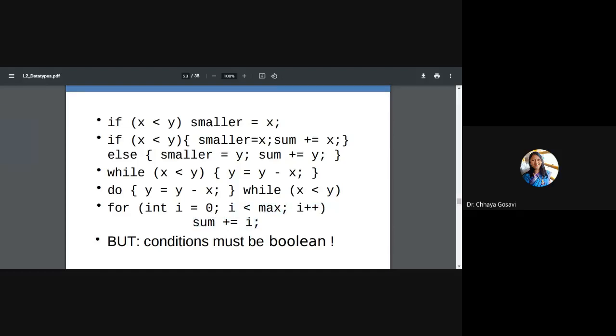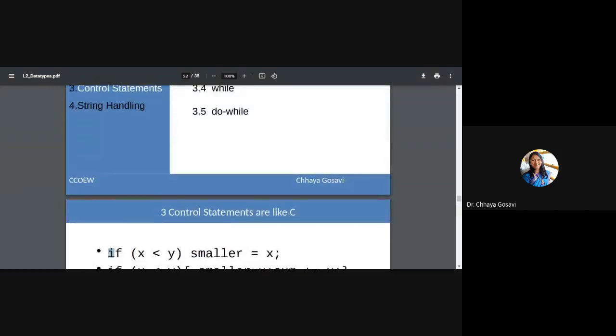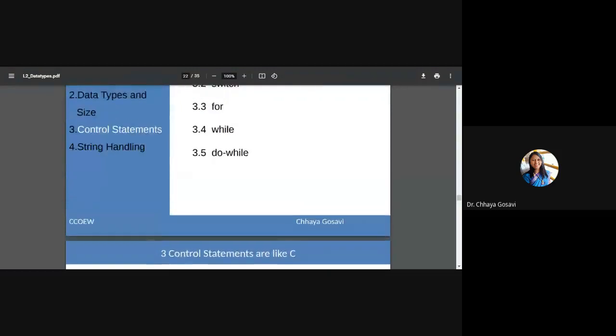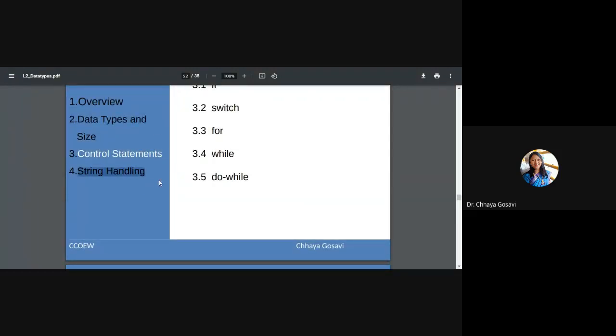When the condition is false, you will come out of the for loop. So if, for, while, do while, switch, these are the control statements used in Java. Next part is string. String in our syllabus is not in the second unit, it is in the third unit. So I'll continue with string in the third unit.